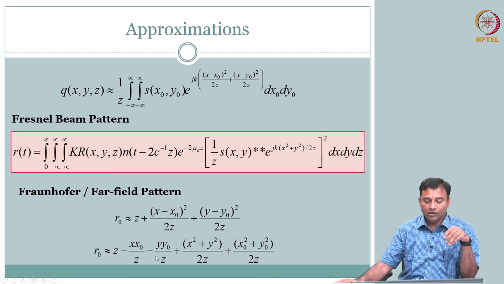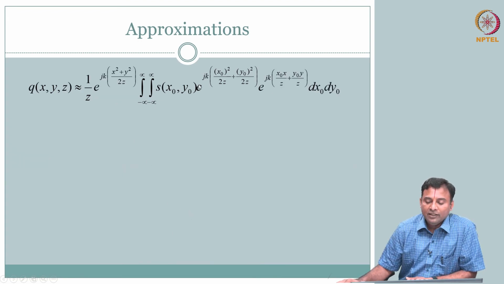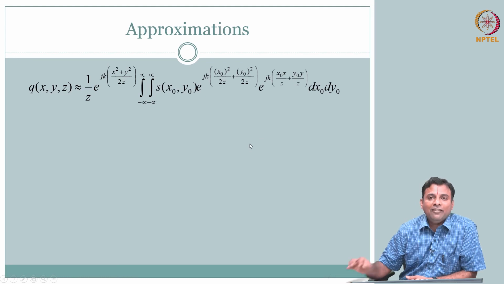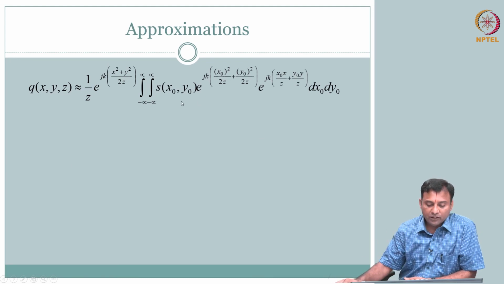Why are we doing this? Of course, if you expand this, you have to substitute back in your r naught minus z, only this z will go. So now instead of 2 terms, you are going to have 4 terms: exponential of this, exponential of this, exponential of this, exponential of this. Here you have the sum of 2 terms, or exponential of the sum of 4 terms. Instead of that, we are writing it as 2 exponentials of 2 terms each. A convenient split. The rest of that doesn't change.